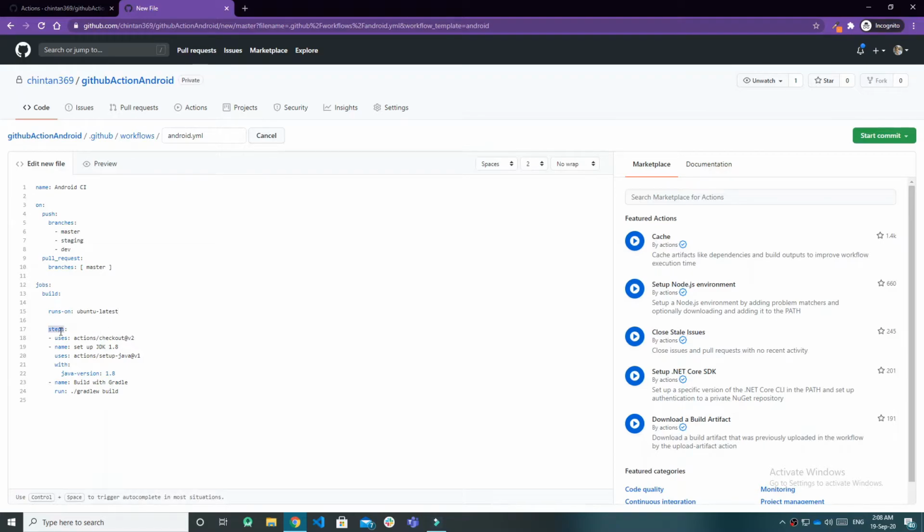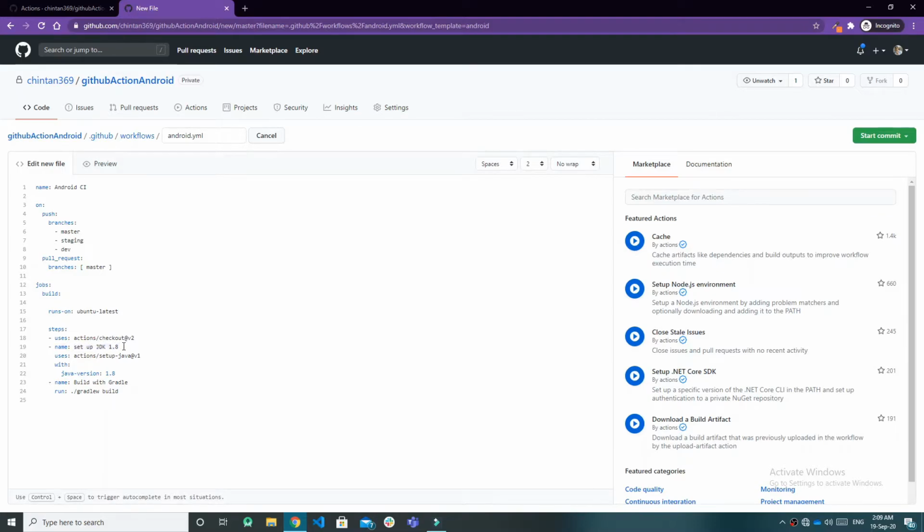Now this is the main important part, steps. So which steps we want to configure. First step is checkout. By default, on the branch on which it is triggered, this will check out that branch's code into that environment. Second is another task. We are giving a name to this task.